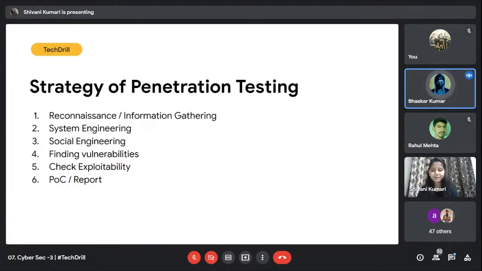Something that happened in our college. If anyone here is working in any firm, it's obvious that you will be having these kinds of simulations every now and then. Even if a firm is secure enough, if employees don't have awareness and click on malicious links, the company is going to pay for that, right? So just like there will be a fire outbreak drill, similarly